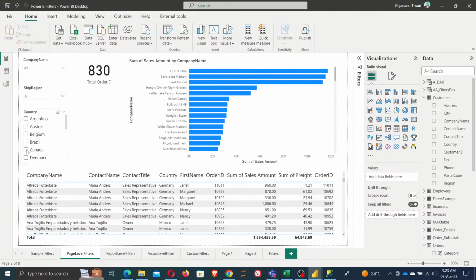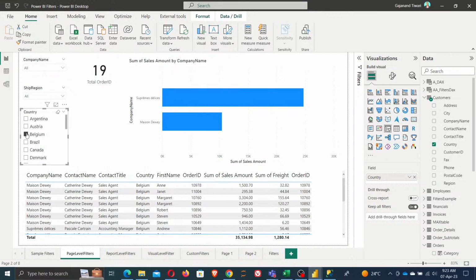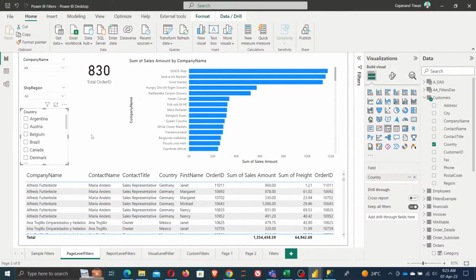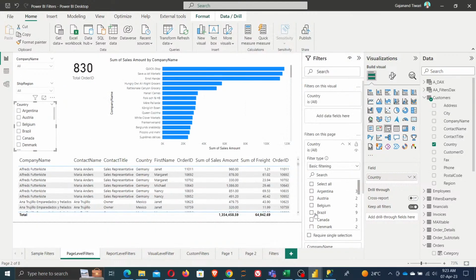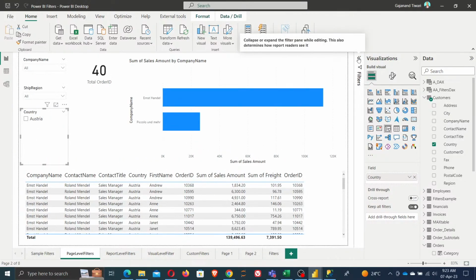So this is called page level. It means there is no filter, it will work dynamically. See this, if I select this one, it will change it up. But now obviously I wanted to see the specific country name. So I select here, come to the filter and pass Austria. Whatever country you want to see data for, go ahead and select that. Whatever category you have, you can do it as per your category. And this is it: first is dynamic filtering, second is the page level filter. Third filter is,